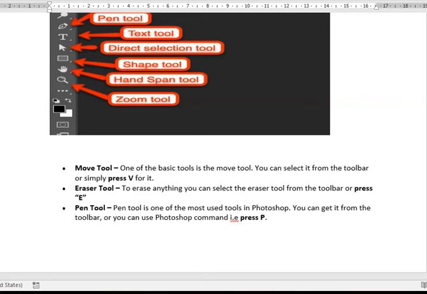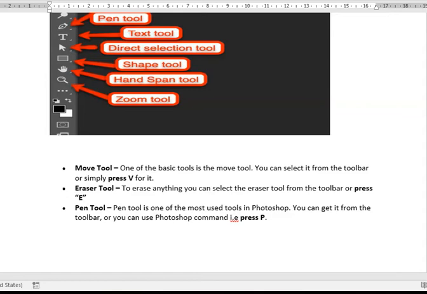Pen tool. Pen tool is one of the most used tools in Photoshop. With the help of the pen tool, you can write down anything or move your pen on the screen freely, just like a pen.